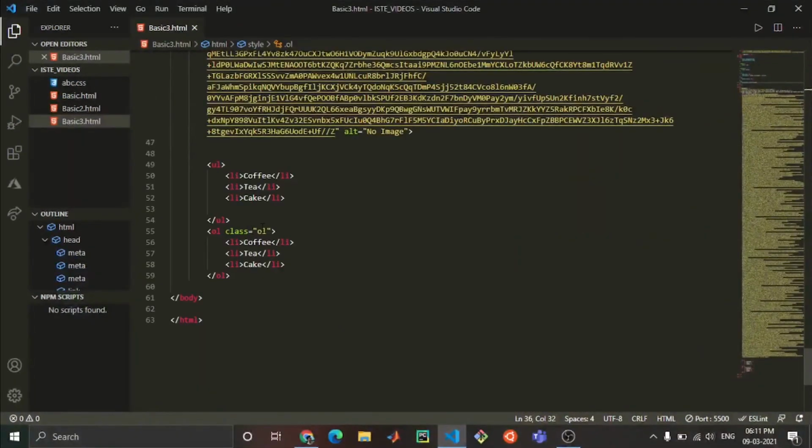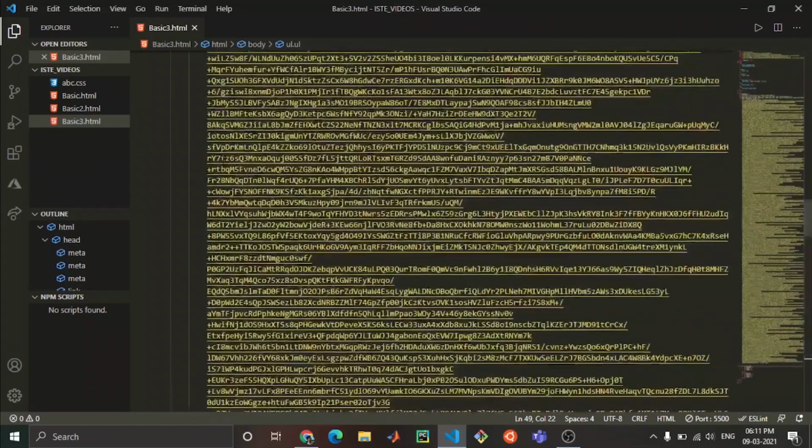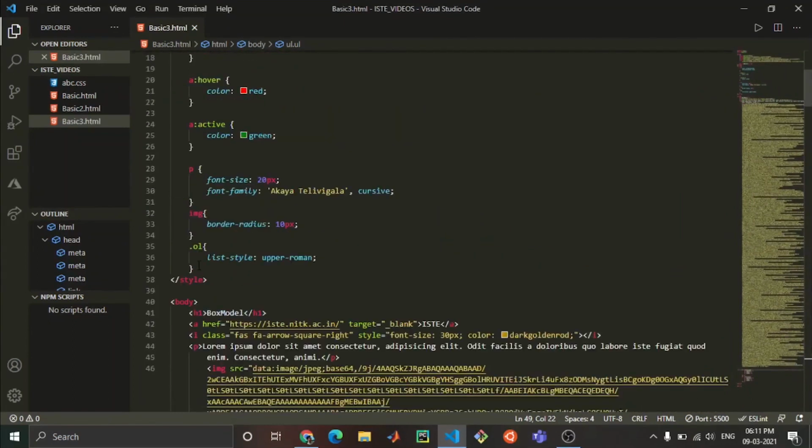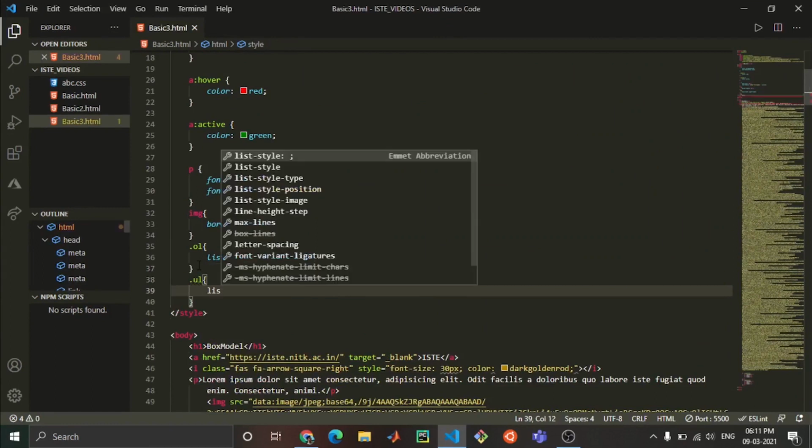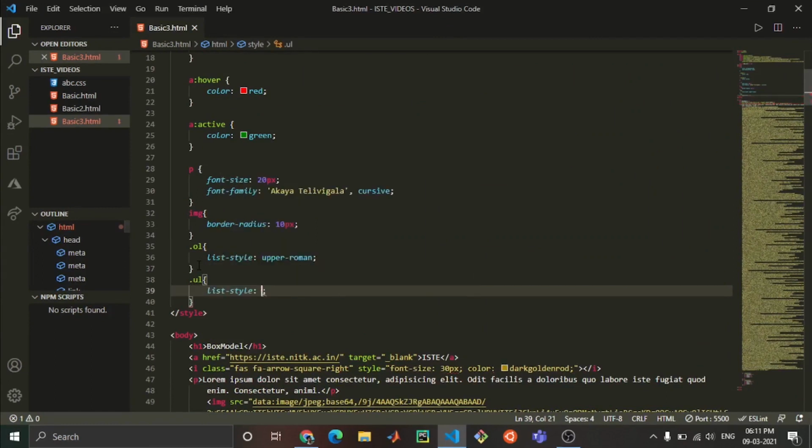This was ordered. So just give some class name, any class name you can give. I am giving UL. Now I am just going here. Dot UL list styling. What you can give is, wait, because I want suggestions from VS Code.